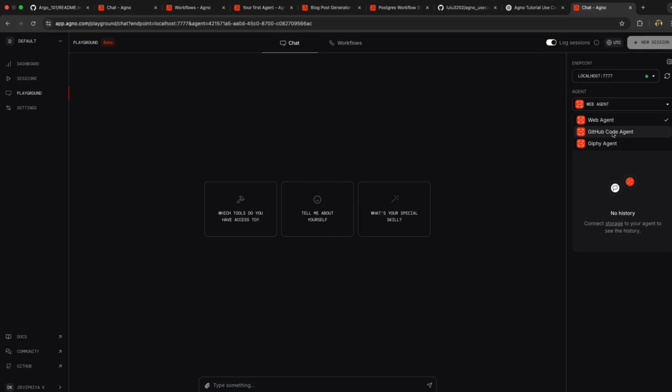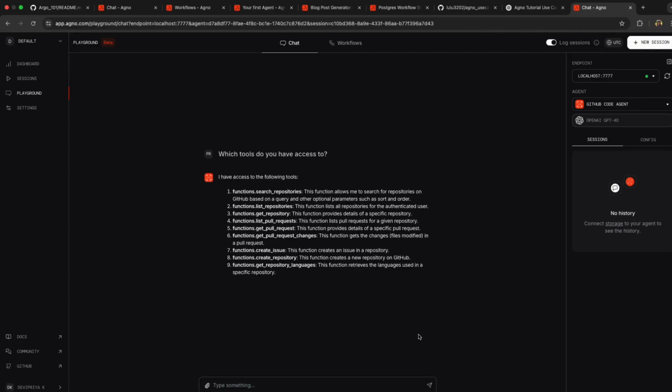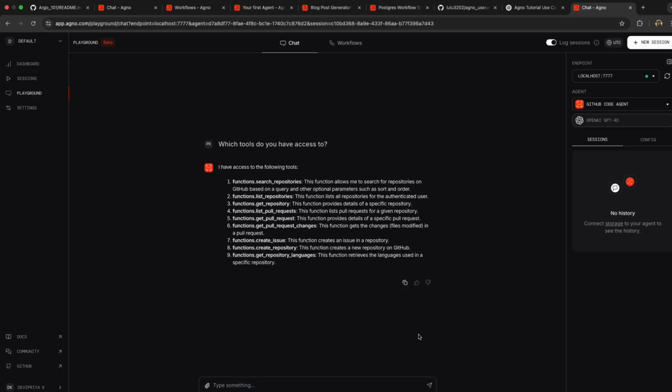As of now I have the web agent, GitHub code agent, and Giphy agent. I can individually go in and check how each of these is working. Like with the GitHub one, I can just ask which tools do you have access to. It's going to list out all the functions that it can perform. That's how you can quickly play around with Agno's playground feature.